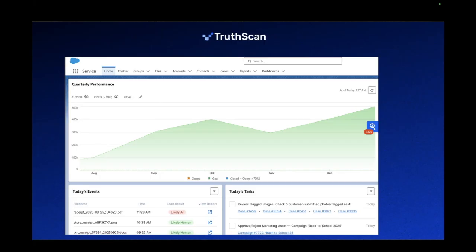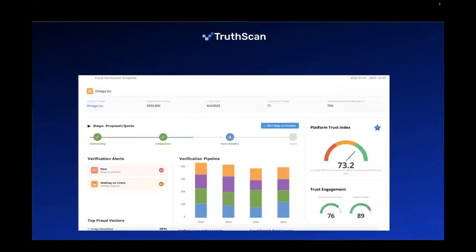Every company will need to have a department for AI fraud detection, and you're going to see that paradigm shift happen over the next few years. When it comes to performance, we'll give you a score right within your org, your trust engagement. This becomes a competitive advantage.